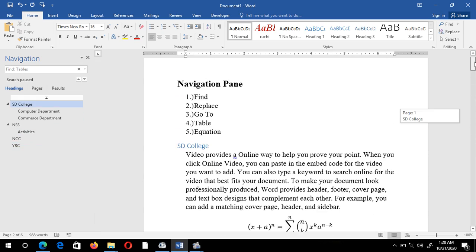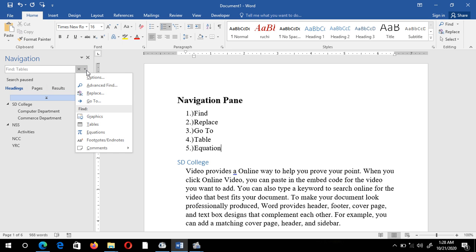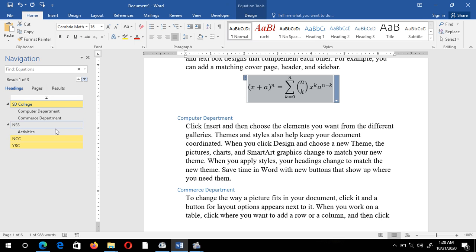I just want to jump from one equation to another or from anywhere to an equation. Suppose my cursor is on this position. So I just want to jump to equations. You have to click on this drop down option. Now this time select this option, that is equations. It will show the highlighted portion.